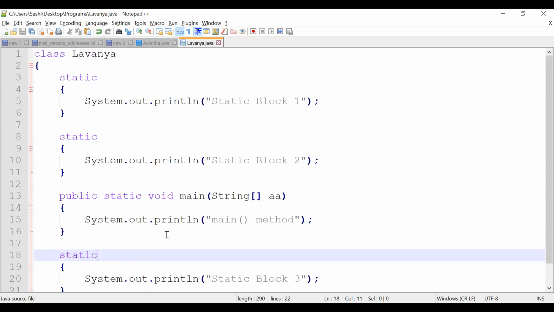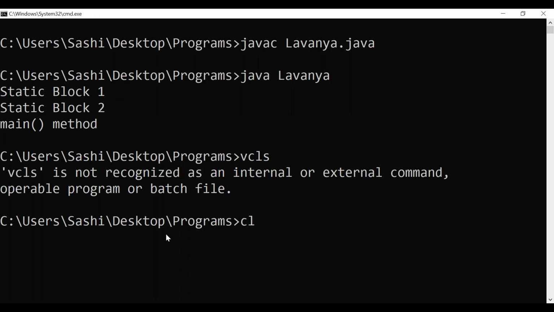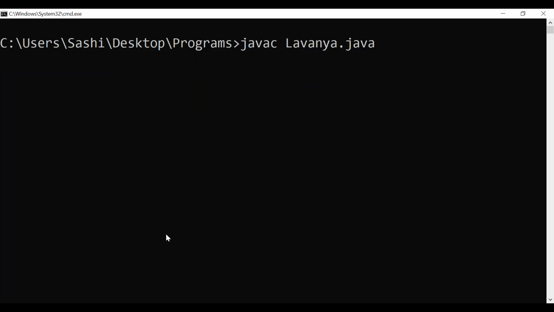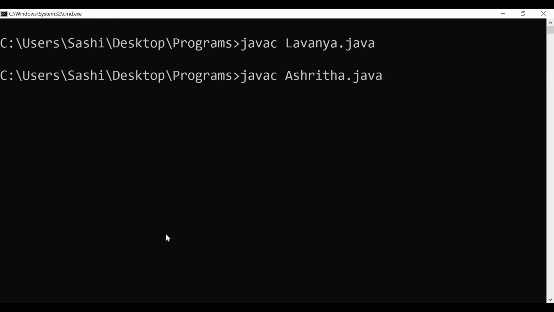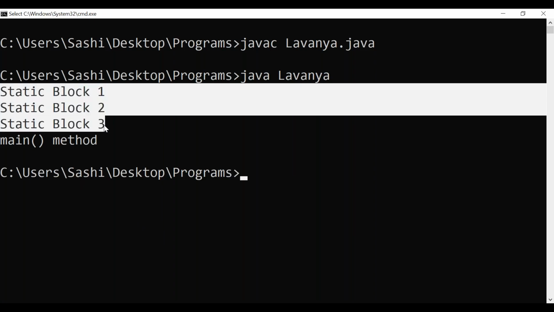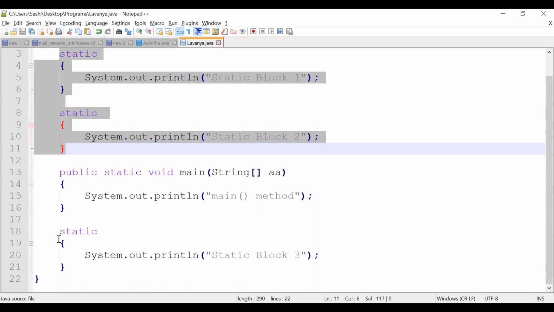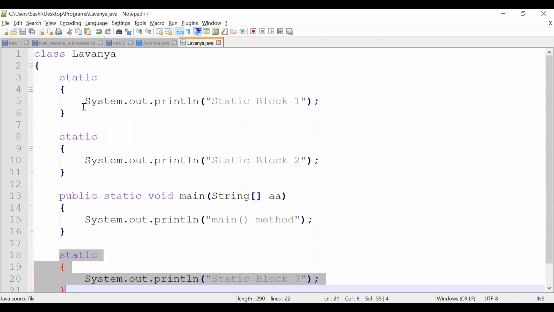So let's run, understand the output, recompile the program. Rerun the program. See the output. First it checked overall how many static blocks are there. Overall 3 static blocks. 2 are defined at the top, 1 is defined at the bottom. From top to bottom it is executing.